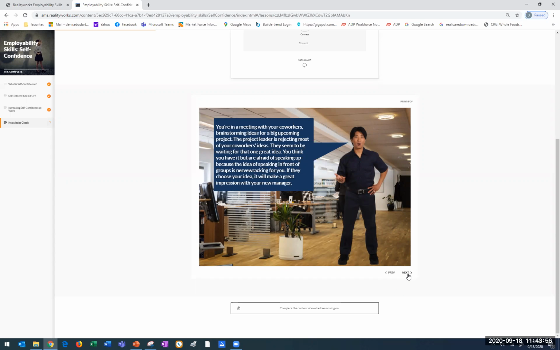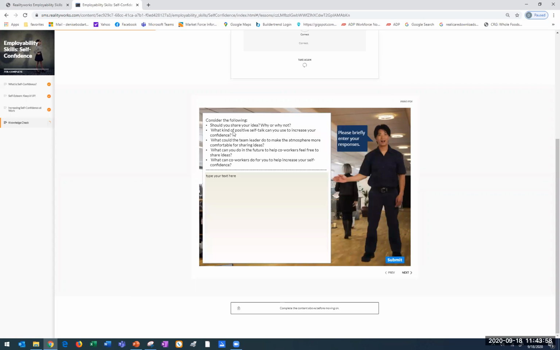So you would read the scenario, and then the students click the next button, and we have all sorts of good thinking questions that they need to think through, how they would solve the scenario, work through that, and then they type their answer in the space provided, and they submit that and they save that as a PDF. So you'll see at the end here,